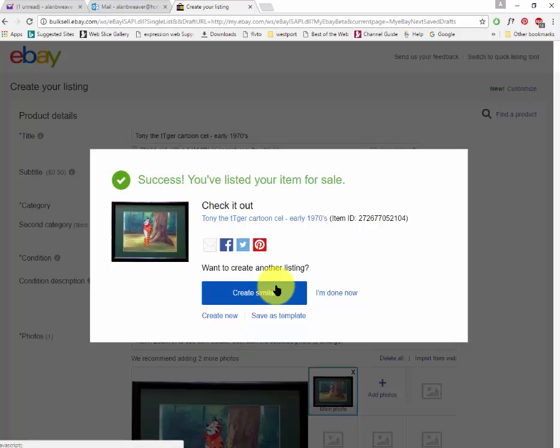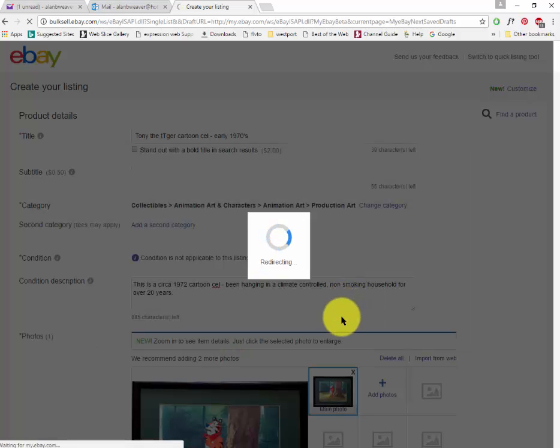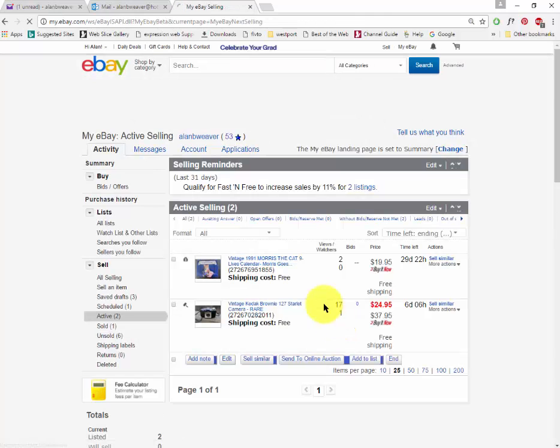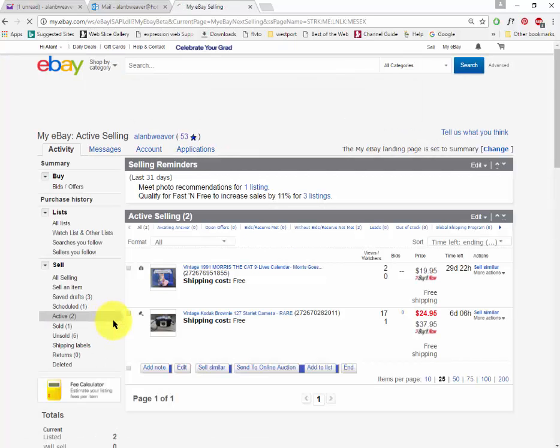Success. I could do another one, or I'm just going to say I'm done now. That in essence is doing the listing. It's showing the things that I'm selling here. Active. It's not going to show it here now because I'm going to start this next week, but it shows things that I'm selling right now. Take your time doing it. A little practice, you get better. And it only takes a few